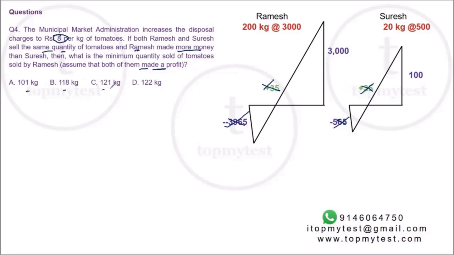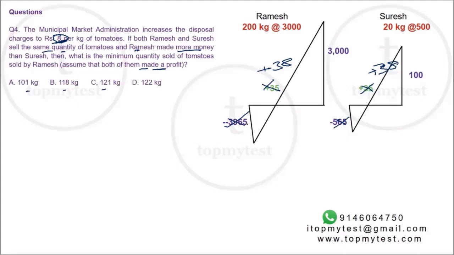Now again, we can use the options and figure out what is that. Ramesh has to make more money than Suresh, selling the least quantity. Okay, let's see what happens at 101 kilos. Okay, now let's work this cycle out. Okay, the profits at 200 and 100 remain the same. Now, because it is 8 rupees per kilo, instead of 35, the rise will be now 38 rupees per kilo. Why? Because you make 30 rupees of revenue and 8 rupees of saving because of disposal.